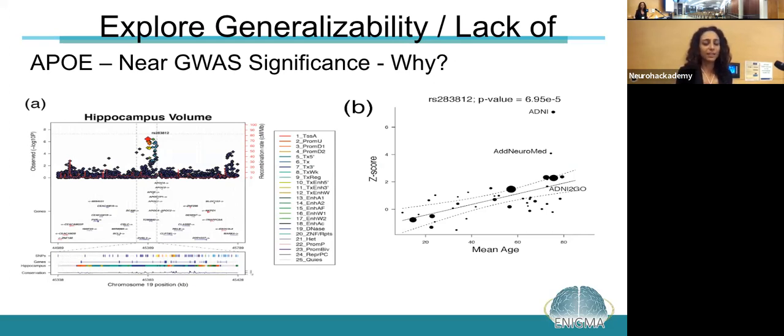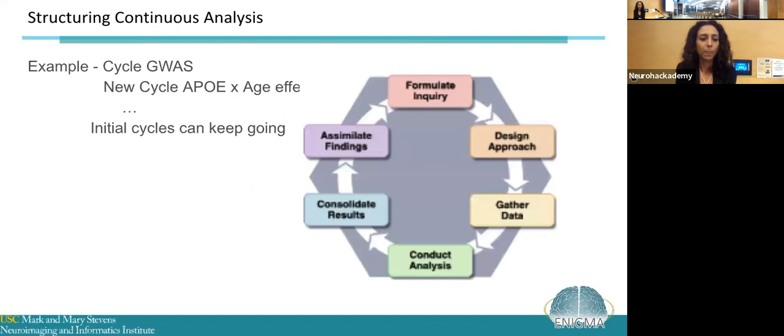By having all these data sets, and not even the individual-level data, but the data set results, we were able to see that the older the data set's average age was, the more associated it was with ApoE. So ApoE might not have an effect in youth, but it does in later adulthood. So we can take our findings and propose new hypotheses with them. We can take the results and the data and ask further questions. That's one example of what this is intended to show.